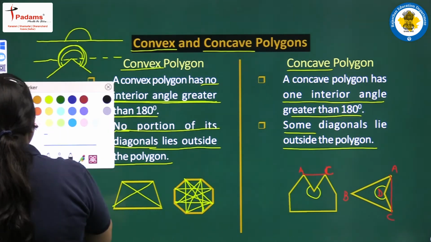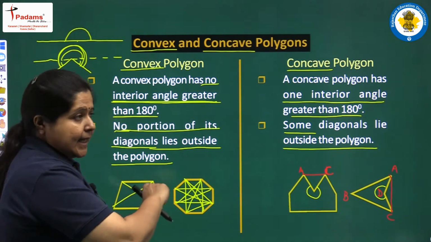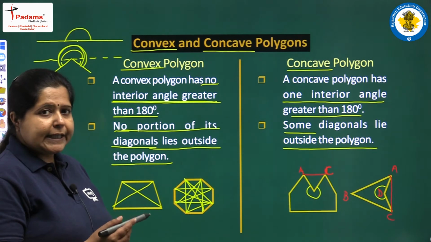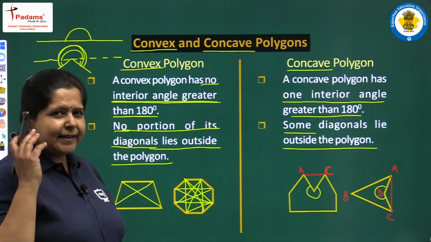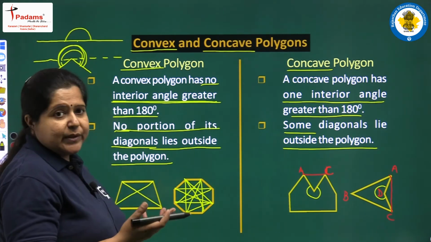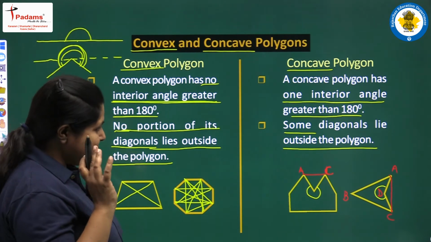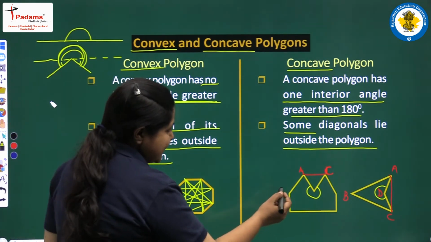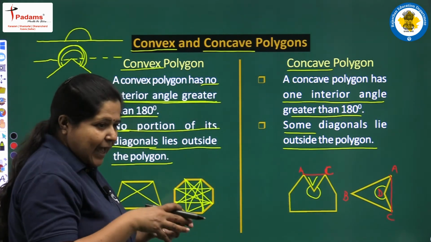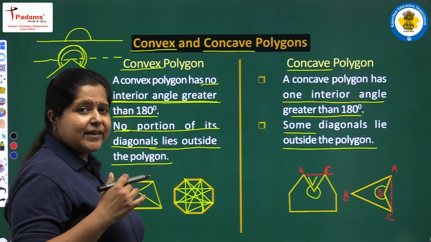Let us change the color once again and get back to the same one. So, these are the basic differences between a convex and a concave polygon, and many a times I get confused remembering which one is convex and which one is concave. So, the clue I take is that this figure has a cave inside. Cave means a gap inside, and that is why it is a concave polygon. I remember by using this trick.